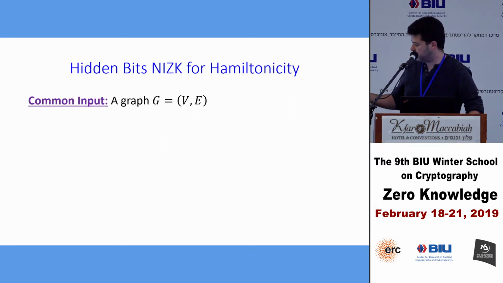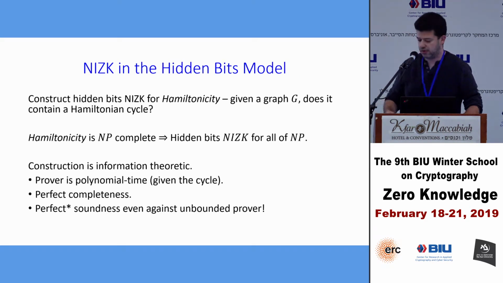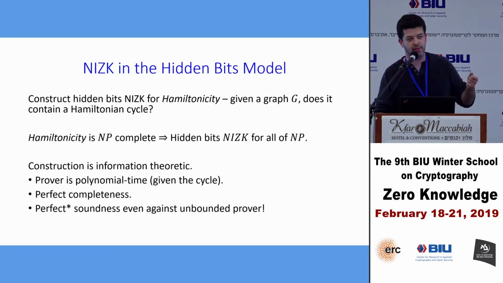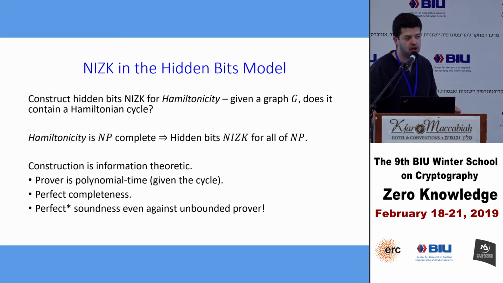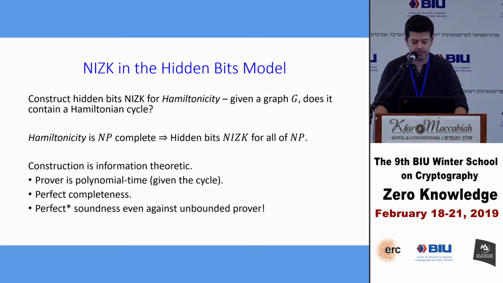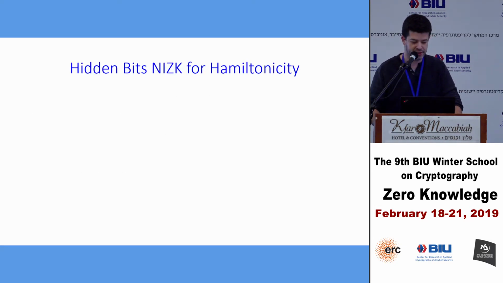We'll talk about, so this we can only get if we're talking about a common reference string model. If we talk about the common random string model, which is what we're going to care about more, then the soundness will become statistical rather than perfect. There's going to be an exponentially small cost in moving to a common uniform random string model. Okay, so what's the idea?